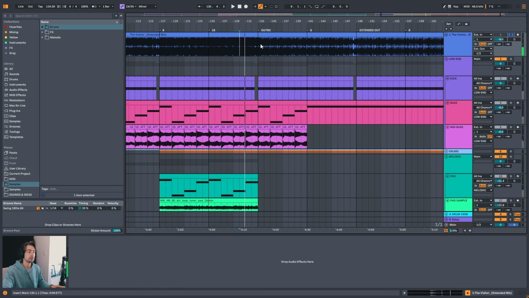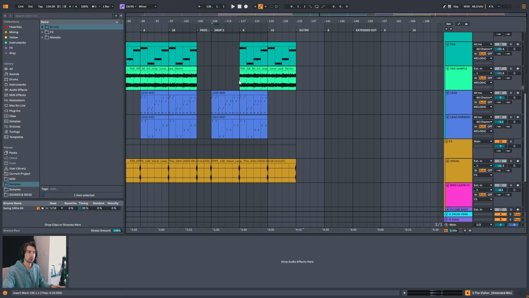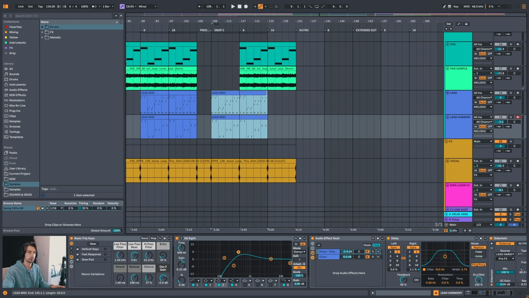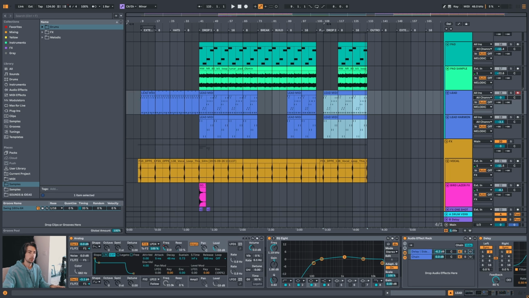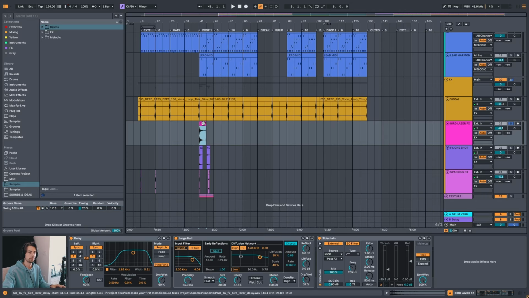Ooh, nice sizzle on that synth. And then it no longer happens in the outro. Cool. Boop boop. Okay, and then for these effects,